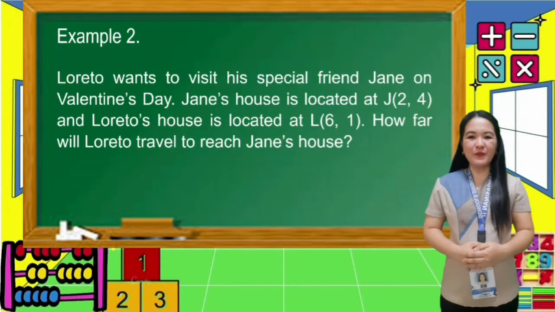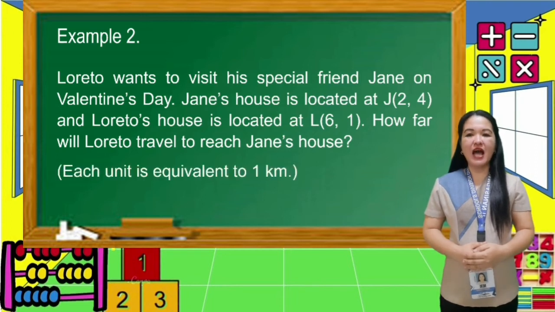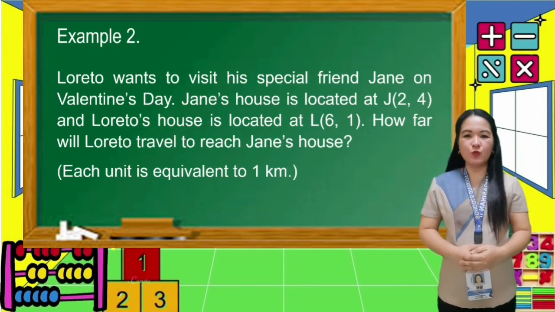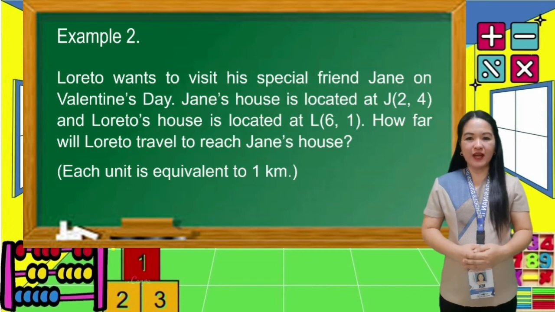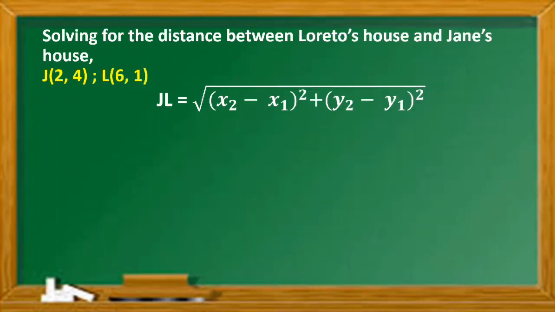Let us have example number 2. Loretto wants to visit his special friend Jane on Valentine's Day. Jane's house is located at point (2, 4) and Loretto's house is located at point (6, 1). How far will Loretto travel to reach Jane's house? Assume that each unit is equivalent to 1 kilometer. So let us now solve for the distance between Loretto's house and Jane's house with point J (2, 4) and point L (6, 1). So let JL be the distance and we will still apply the distance formula, which is equal to